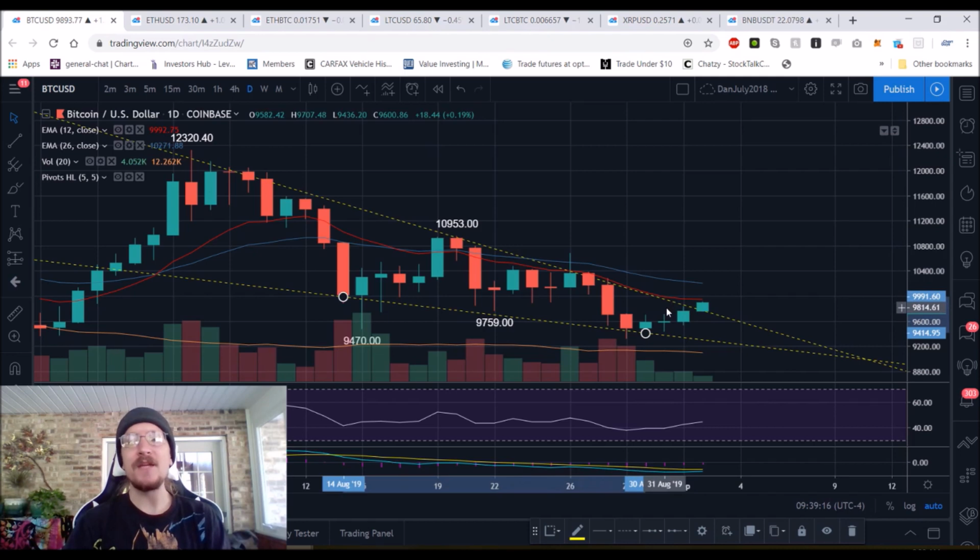This does have me interested, however, to potentially be looking for an entry on a daily high or low. Let's say we top out here at 9,950 and we start to pull back early to start this coming week, as we have a new month started now in September. And if we form a daily high or low, or even just don't break 9,000, I may look to establish a position looking for that high or low. Let's say I would start scaling in the 9,500s, 400s, 300s, and then I would put a stop under 9,000,